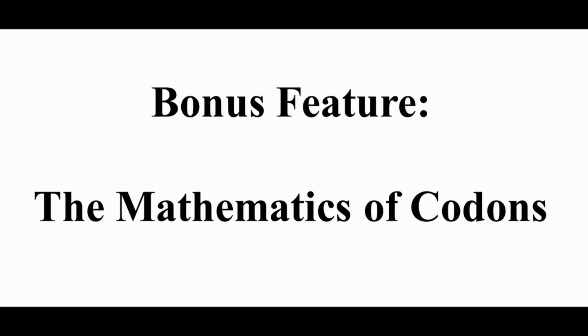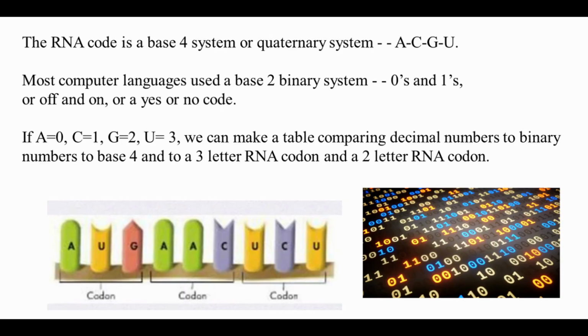Bonus: RNA coding by the numbers. The RNA code is a base 4 system, or quaternary system: A, C, G, U. Most computer languages use a base 2 binary system, zeros and ones, or off and on, or a yes or no code. If A equals 0, C equals 1, G equals 2, and U equals 3, we can make a